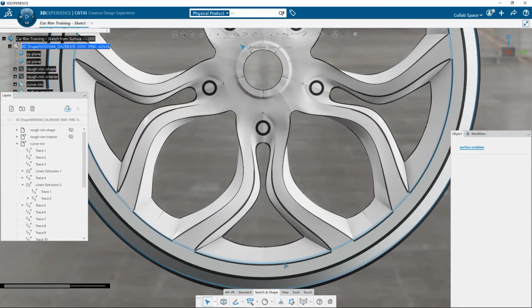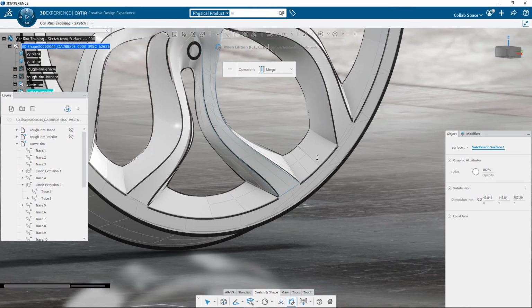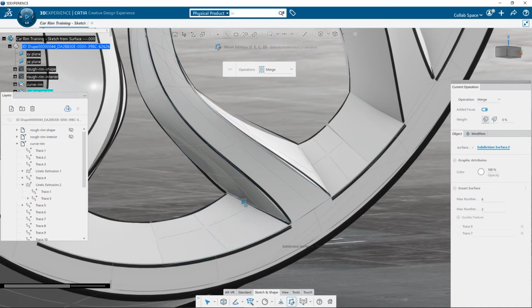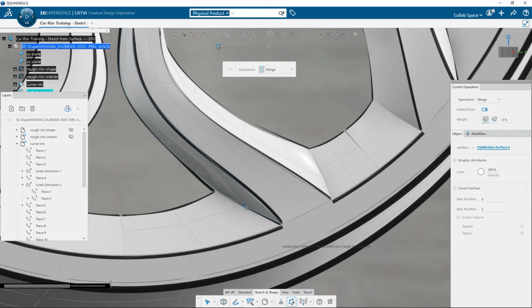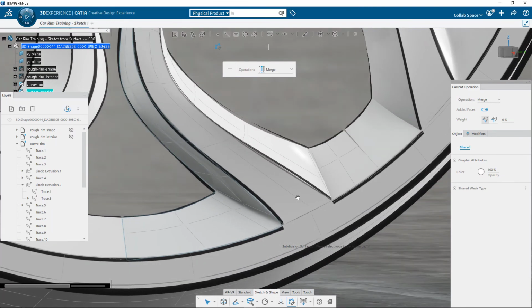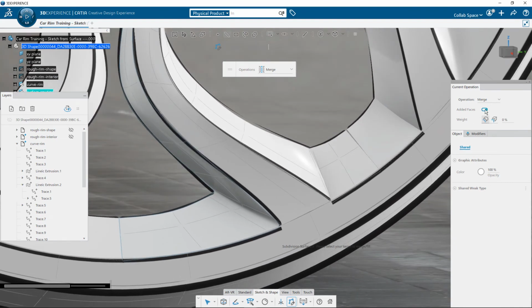In the next step, I will use the Mesh Refine command to assemble the different surfaces all together. I use the merge operation available when the edge selection filter is activated, and I select both edge extremities on the two surfaces I want to merge together with the Alt key pressed to propagate and the Control key. The surfaces are merged together and I can choose between two merging options.